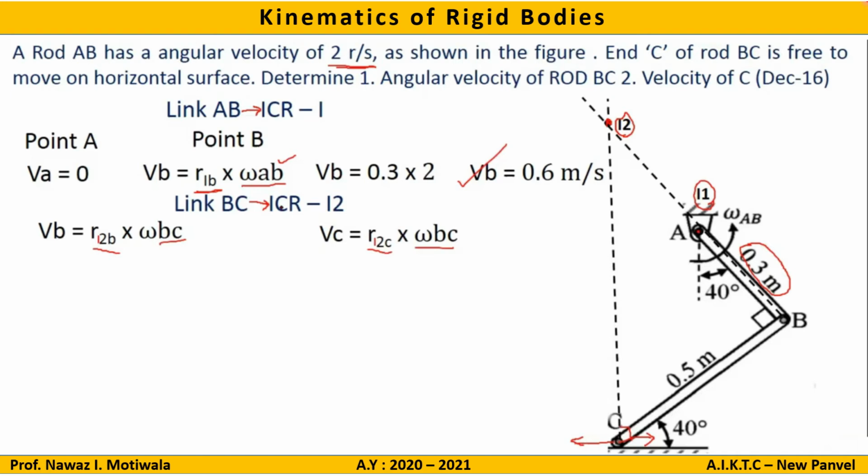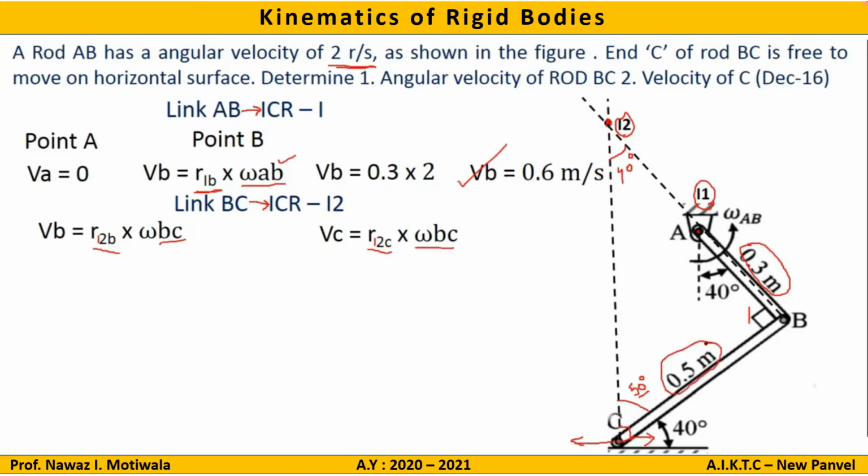It's quite simple. We will consider this triangle I2BC, this entire triangle. Out of this, angle B is already given to us as 90. This part is given as 40, and this total is 90, so this will become 50. Now one angle is 50, one angle is 90, so the remaining angle will be 40 degrees. So we have found all the angles of the triangle, and also one side of the triangle is given as 0.5 meters.